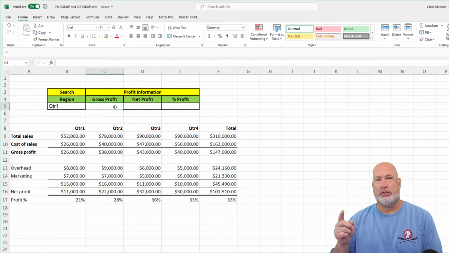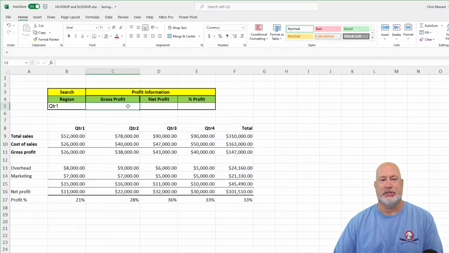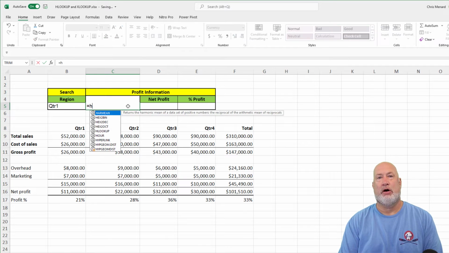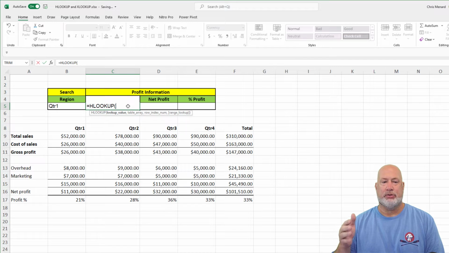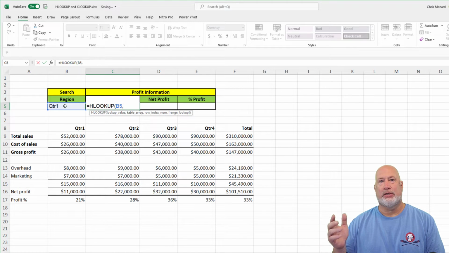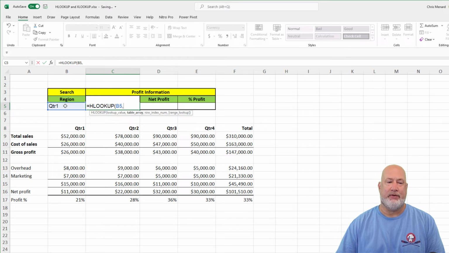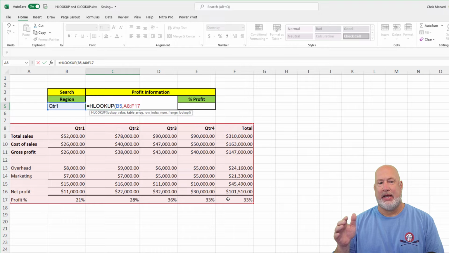So here I go first with an HLOOKUP, and I'm going to widen this column just to make this easier to see. So it starts off just like VLOOKUP, equals HLOOKUP. There are your arguments. What do you want to look up? I want to look up whatever quarter 1 is, comma, what is your table array? So right now it's working just like VLOOKUP. My table array, I selected A8 to F17, comma,